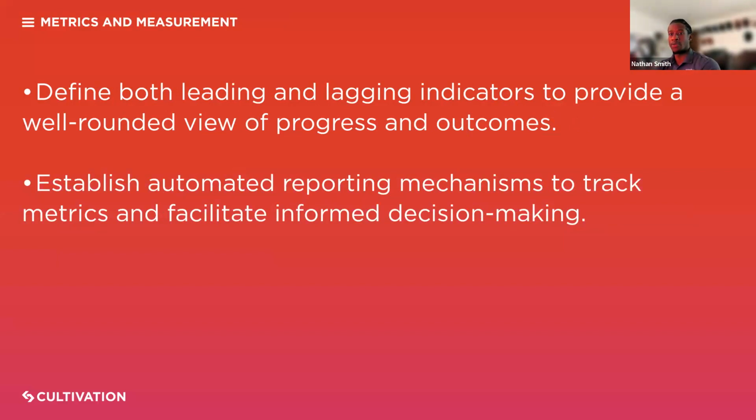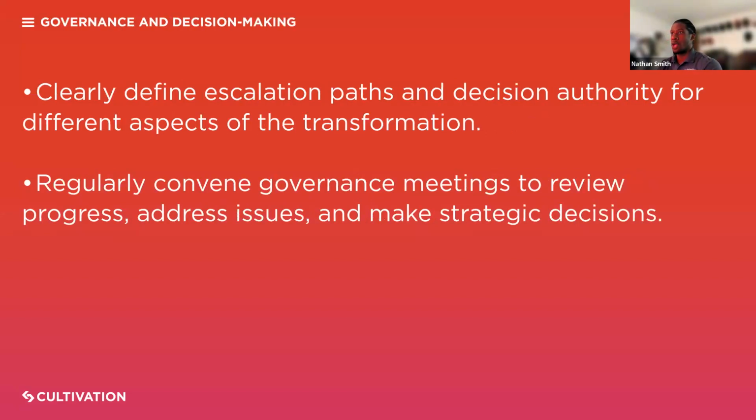And most companies, when they're developing new technologies, are also implementing dashboards into their systems. So it's basically providing them with a well-rounded view of progress and outcomes and different KPIs as well. And you also want to make sure there are different escalation paths, if anybody needs help within the process, whether at the beginning or the end, so that they can accurately contact the people carrying out the digital transformation process, whether on the top level or in the mid level. That way they can address issues, review project progress, and make decisions.